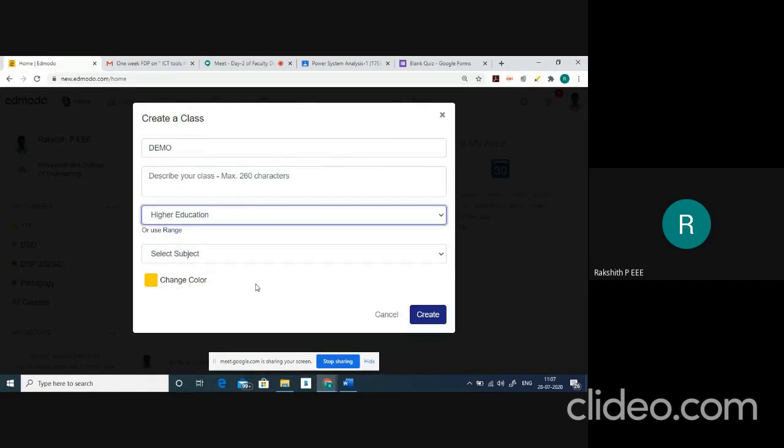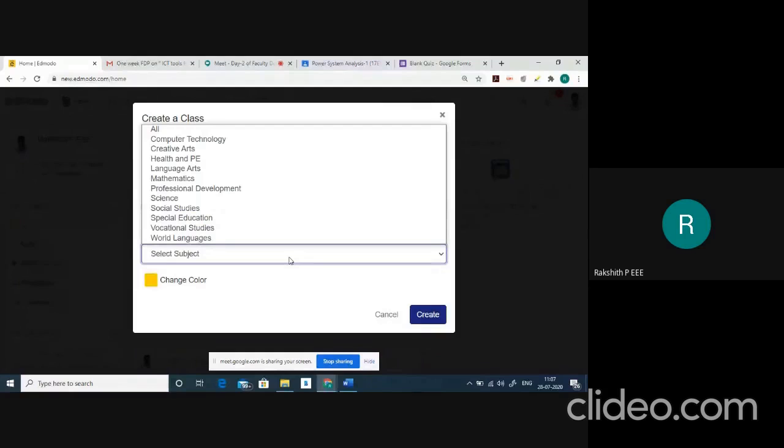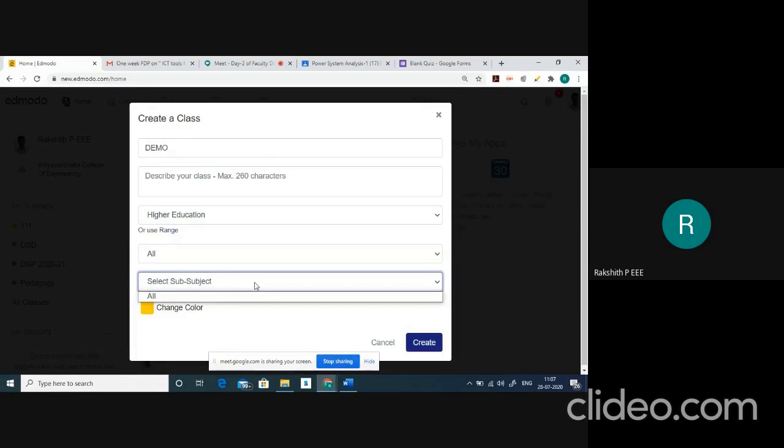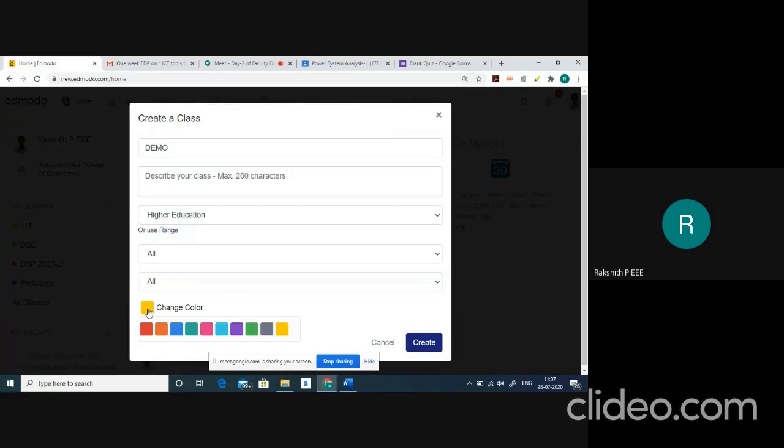So I'll select higher education, and now which language. If nothing is there, you can select all. And you can also choose a sub-subject. Since I have already selected all here, you have only one option. So if you don't want this particular color, then you can click on here.